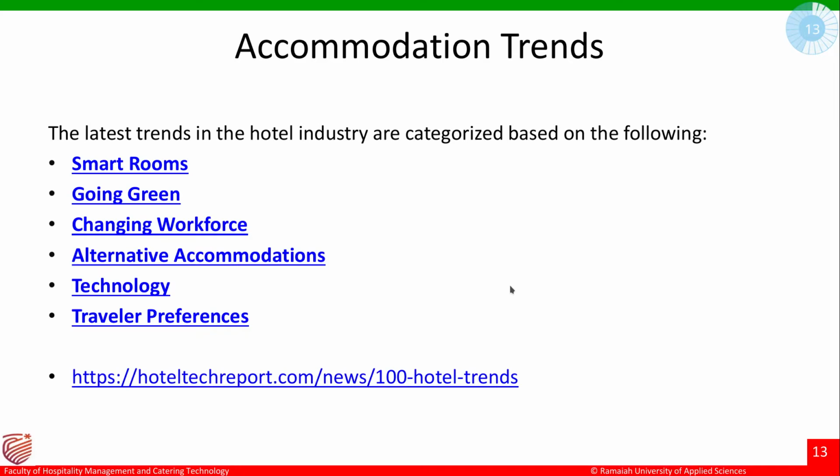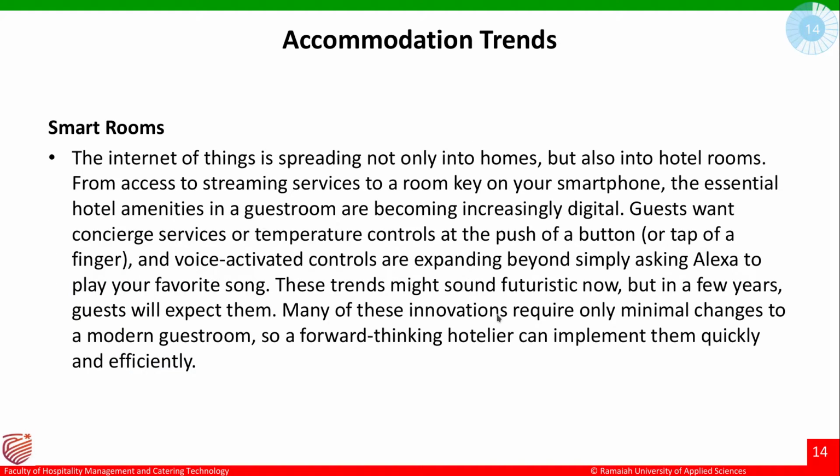Now, smart rooms. As the word itself suggests, we have a smartphone with us, where anything is available in one device. In the same way, smart rooms are about technology enabled services for the guest experience in the room. In one click, he can control the temperature of the room. He has a device where he can speak and get everything in his room, like Alexa services, which everybody knows, the voice activated control. He can play his song, he can ask for services according to his choice.